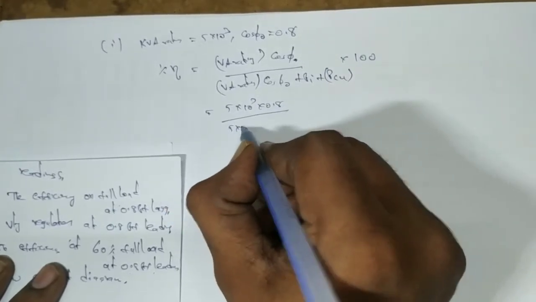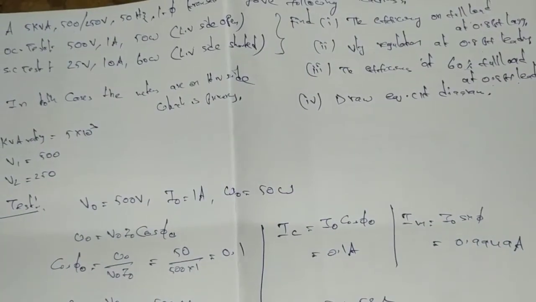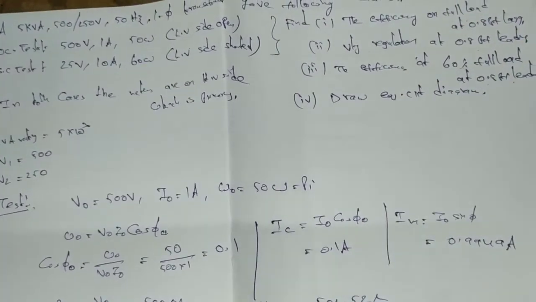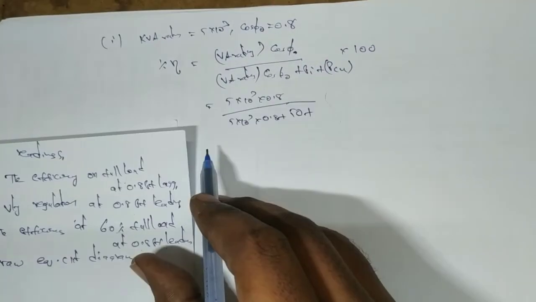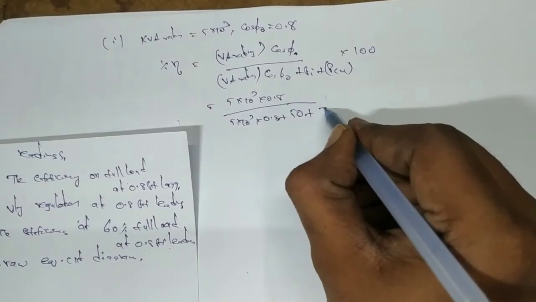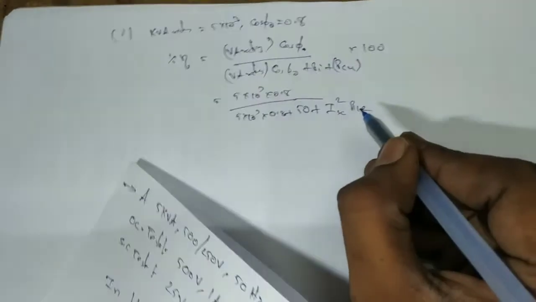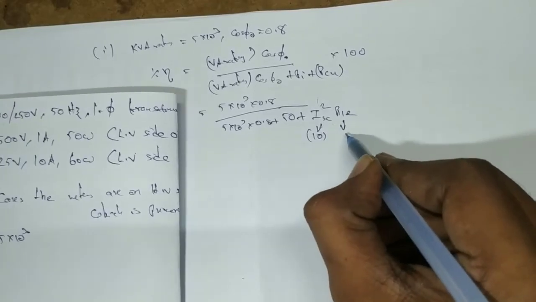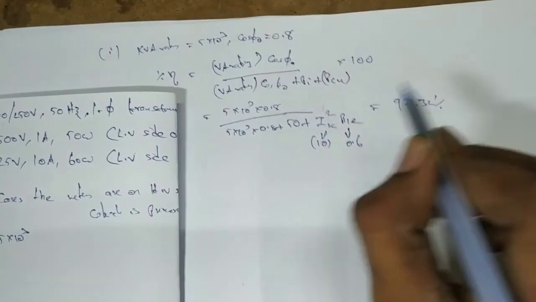divided by VA rating, again 5 into 10 to the power of 3, power factor 0.8, plus the OC test wattmeter value, W0, which is nothing but the Pi value, that is 50. We should substitute it as Pi. Next, the copper losses formula is ISC square R1E. We should write it in terms of R1E because we have already found the R1E value. ISC is the short circuit test ammeter value, 10 amperes, and R1E we have obtained as 0.6. And if you substitute those values, you will get 97.32%. This is about the first one.